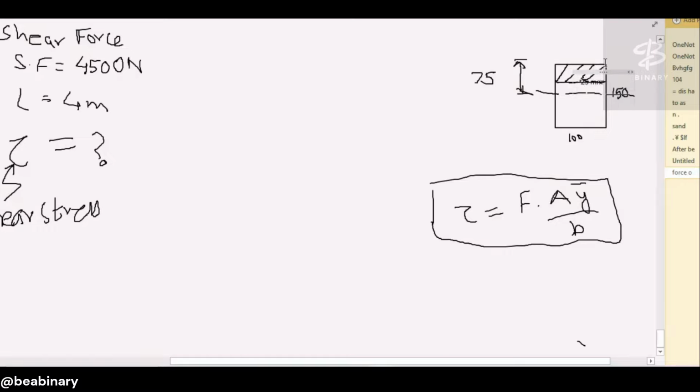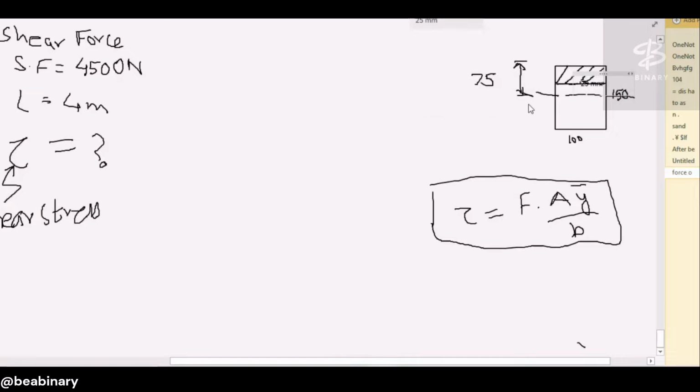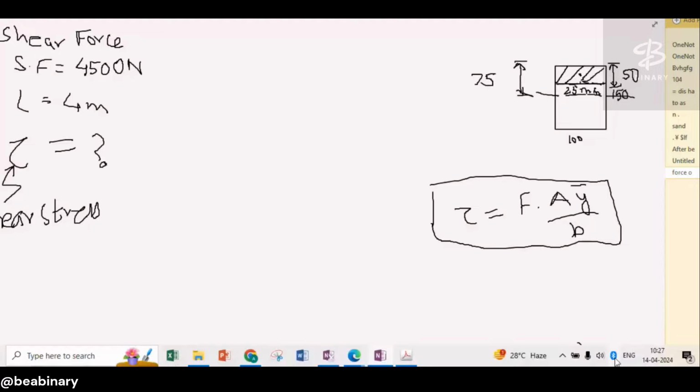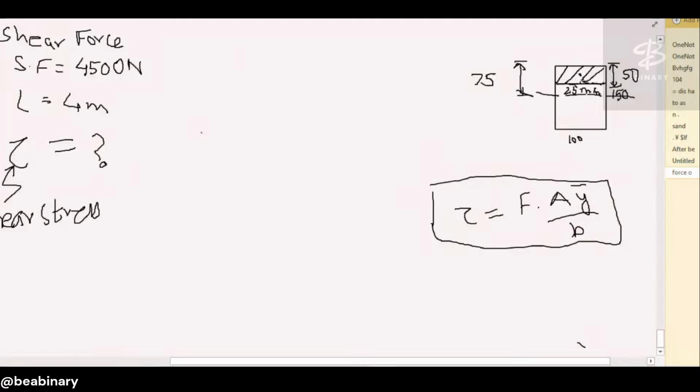ठीक है, दिस वैल्यू इज इसमें मेंशन नहीं हो रहा. आप इसको मैं बाहर ही लिख देती हूँ. नॉट एबल टू राइट एनीथिंग. दिस इज 25 mm दिस डिस्टेंस. ठीक है, तो इसका CG जो होगा वो कहाँ एक्ट करेगा? 75 minus 25, 50. ठीक है, तो दिस नाउ यू हैव टू कैलकुलेट y bar, इसको डिवाइड कर देंगे 25 + 25 50 है ना, सो y bar विल बी योर।